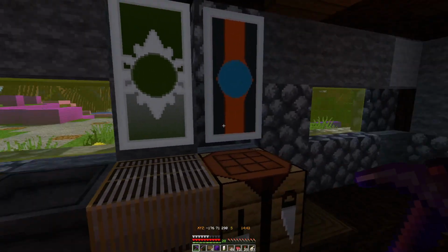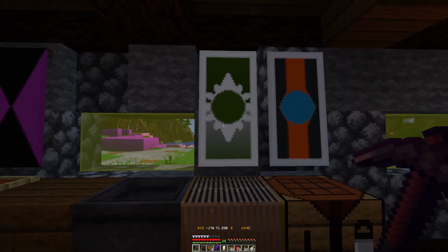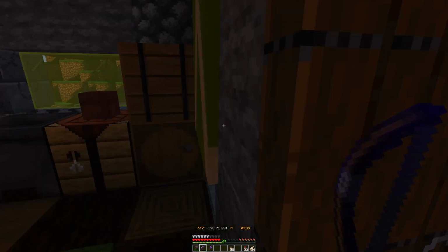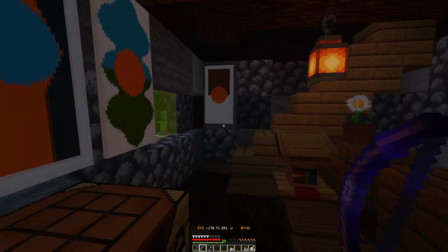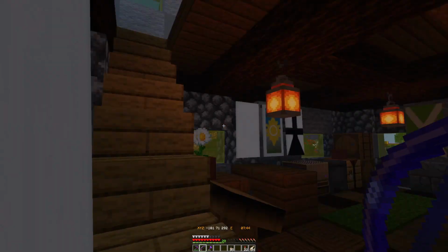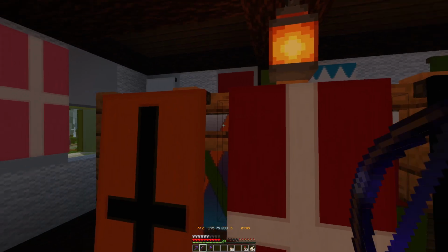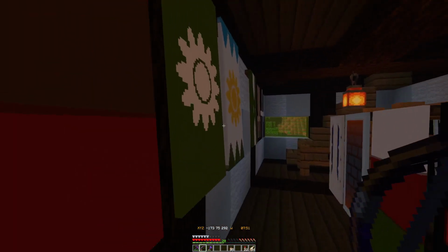So I'm gonna continue working on decorating this. Ooh, I like that one. That was kind of cool. All right, so I've gone ahead and put up a few more banners in here. And then we decorated the third floor now too. So basically what I did is I just made a bunch of random banners. Some of these are kind of cool. Some of them are pretty bad. But anyway,